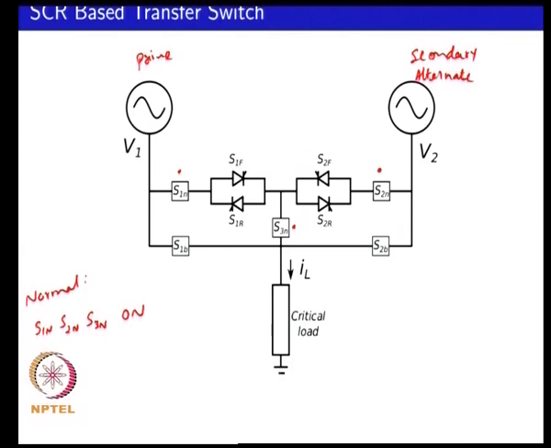And your bypass switches S1b, S2b would be off, and whether your power is flowing from source 1 or source 2 depends on which set of thyristors you are triggering. Okay. You might have a bypass operation